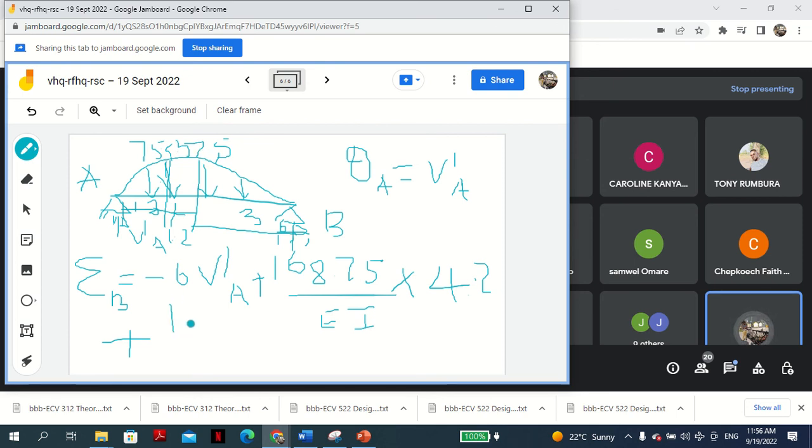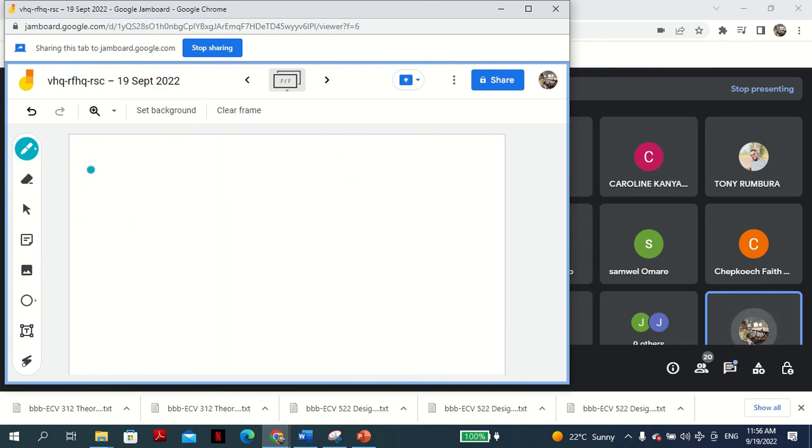Then the straight part is half times half times 3 times 67.5 over EI times the centroid, which is 2/3 of 3, which is just 1. Okay, so that gives you VA as VA prime